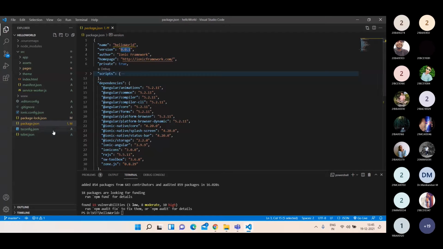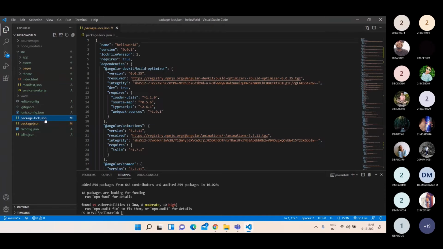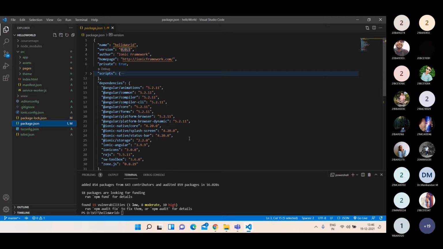There will be another file called package-lock.json. You are not going to do any coding in these files, because these are only configuration files, but you must be aware of why you have these files. The difference between package.json and package-lock.json is that the lock file will have the exact version of every package, whereas in package.json you will have an approximate value.